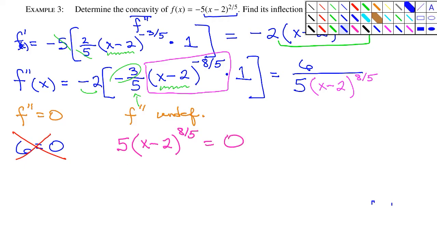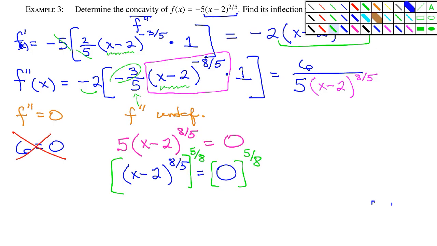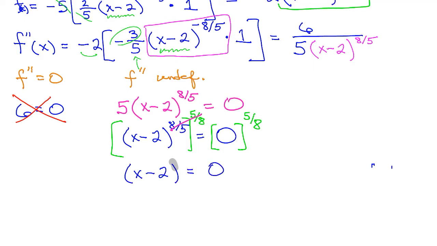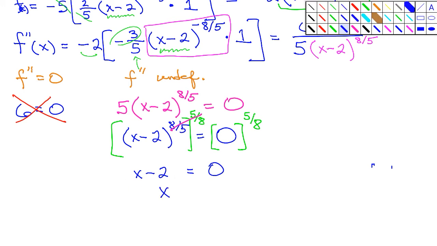So the first thing I would do is divide by 5. 0 divided by 5 is still 0. Next, I would raise both sides to the reciprocal exponent. So that is 5/8. That gets rid of the exponent on the left side, and then 0 to the 5/8 is still just 0. And there's really no need for parentheses here. Let me just go ahead and wipe those out. And there you have it. X is equal to 2. And this is the only value that we're going to use